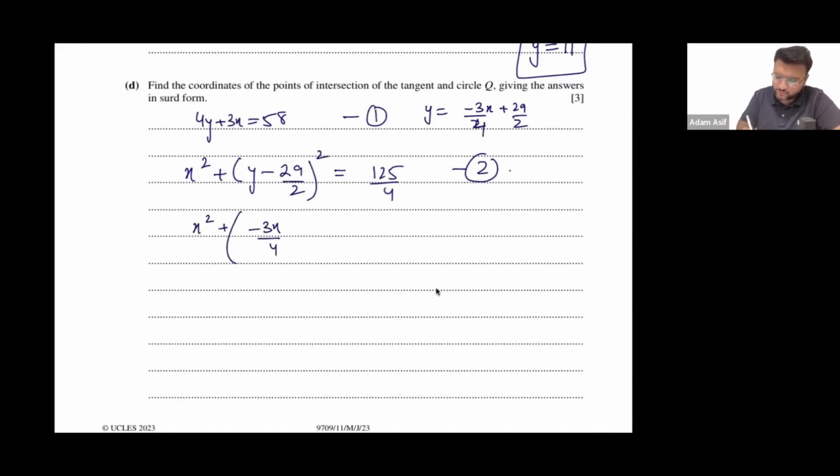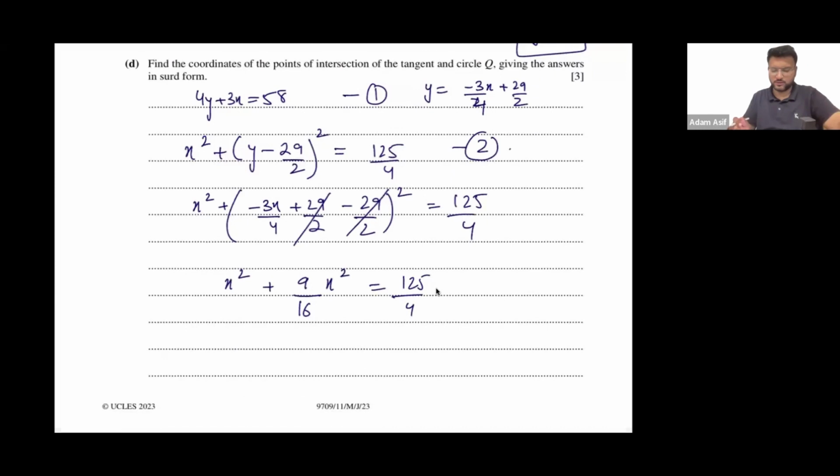so (-3x upon 4 plus 29 upon 2 minus 29 upon 2), the whole thing square equals to 125 upon 4। You cancel this out, x square plus 9 upon 16 x square equals to 125 upon 4। Solving this will give you 25 upon 16 x square equals to 125 upon 4। So x square की वैल्यू आ जाएगी 20। So x की वैल्यू आ जाएगी स्क्वायर रूट ऑफ 20। स्क्वायर रूट ऑफ 20 इज प्लस माइनस 2√5।